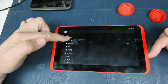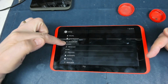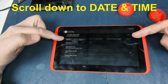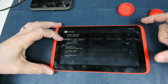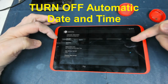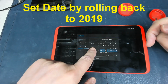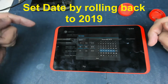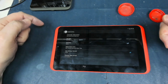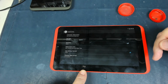If we scroll down here to date and time, touch that, and you can see it's found the correct date. It says 22nd of December. We turn off automatic date and time so it doesn't correct this, but we can now set the date, and all we're going to need to do is roll this back, whatever the date is, to 2019. Any old date in 2019 will do. Tick done. Leave the 24-hour format, and the back arrow comes up at the bottom here, so